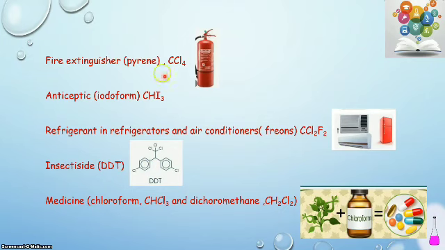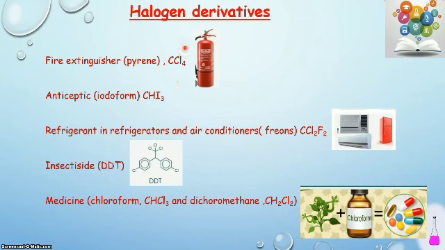Can you observe the molecular formula of all these compounds? Yes. What common thing is present in them? All the chemical compounds shown over here contain halogen atoms. So these are halogen containing compounds. What are these halogen containing compounds? How can we prepare these halogen containing compounds? What are their uses and properties? To understand this, let us start halogen derivatives.